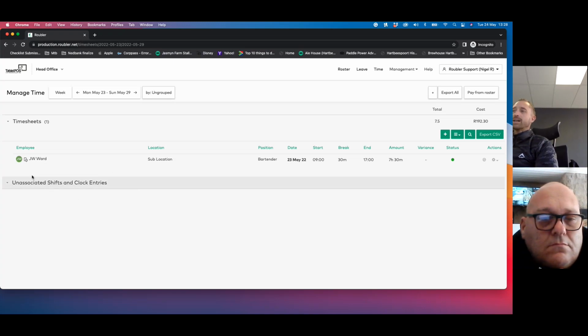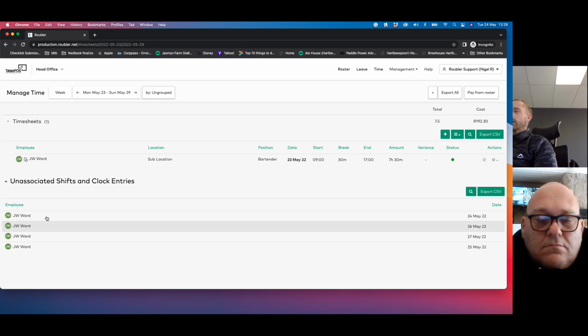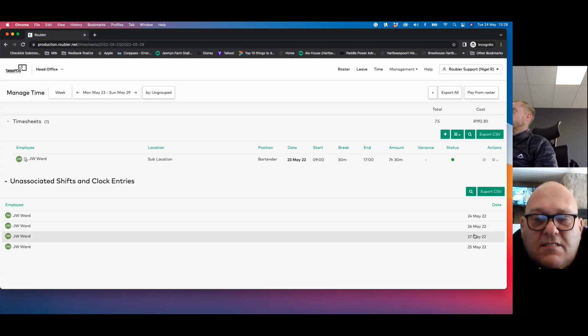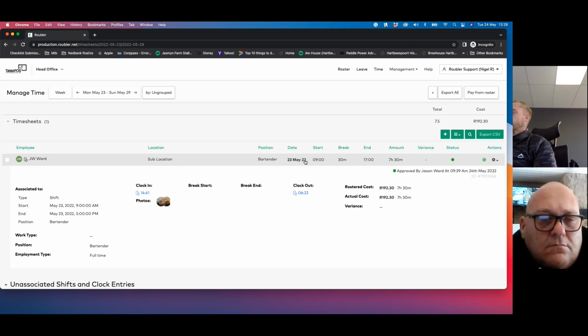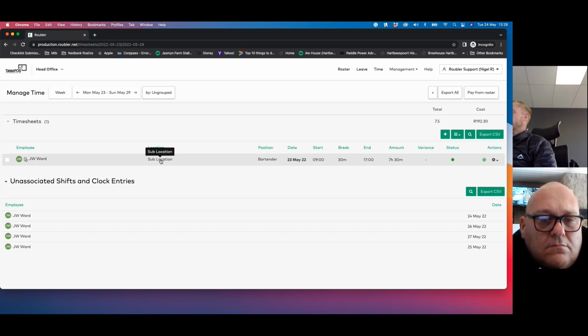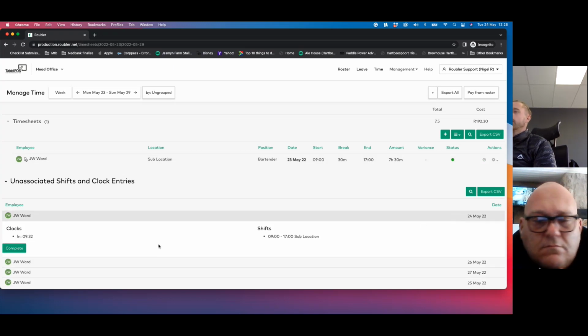So if we go and look at unassociated shifts and clock entries and click down there, we can essentially see all the shifts in that week that are planned. So we have the 23rd of May, which you've already clocked in and clocked out of, and it's associated to that timesheet. We've got one on the 24th, and if we click on there, you can see that you've clocked in at